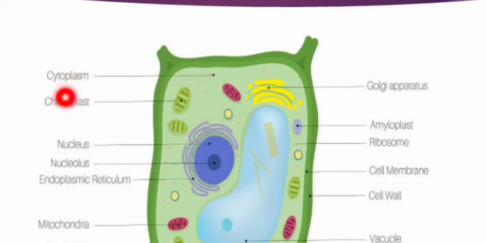Inside the nucleus, there is a small spherical structure called the nucleolus. It contains thread-like structures called chromosomes. The main function of chromosomes is to carry the genes and help inheritance, the transfer of characters from the parents to the offspring. The chromosomes can be seen only when the cell divides.